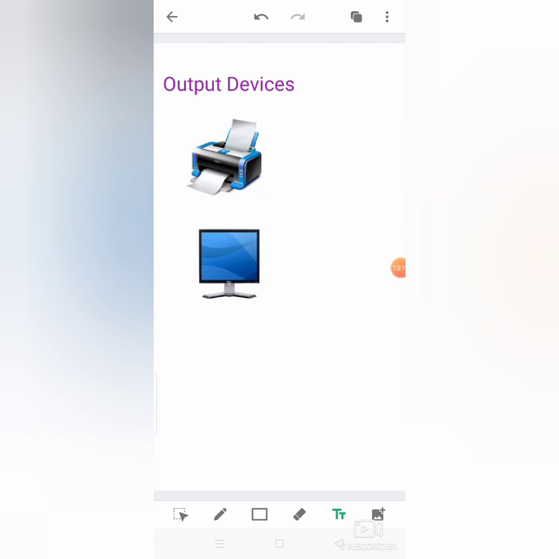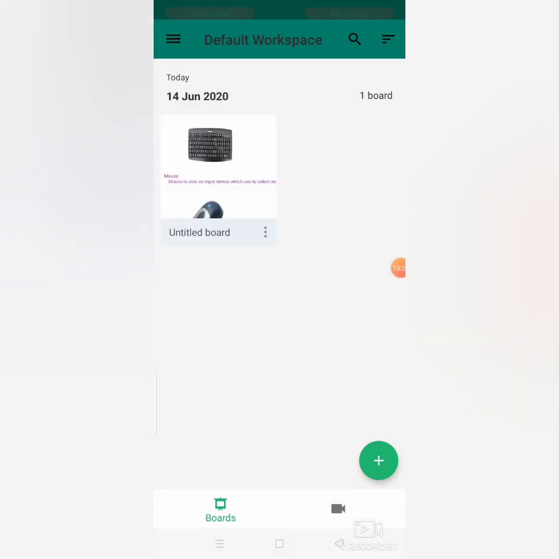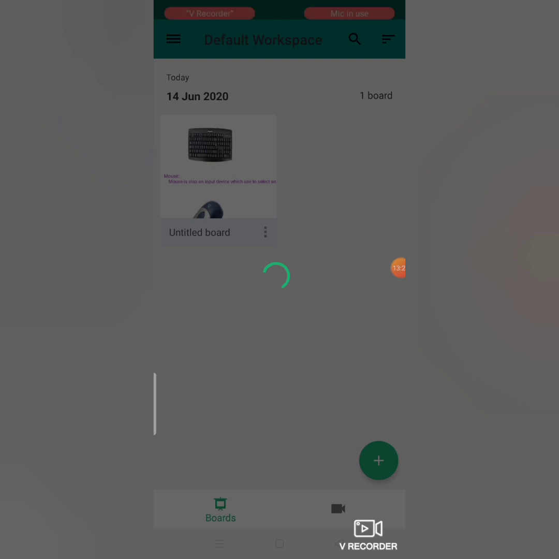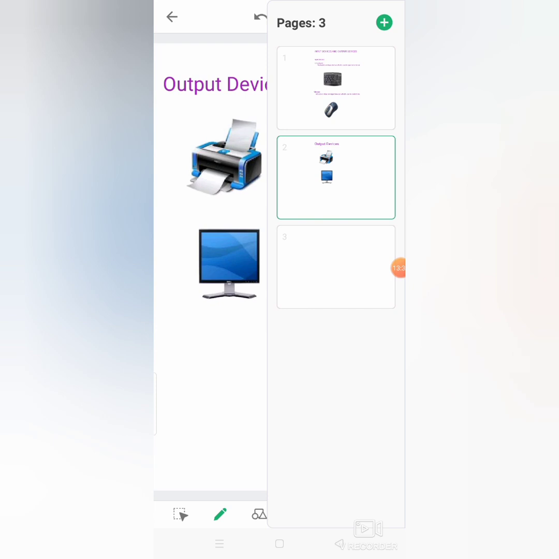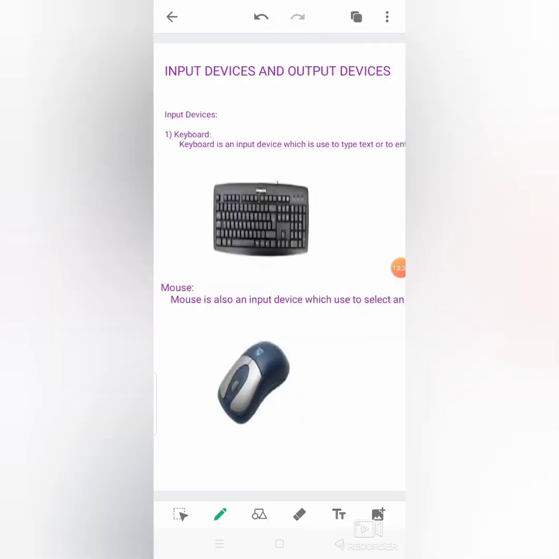So I have created this lecture. Go back directly. If you go back, it will show you that you have created your lecture. Open it, go to the pages and go to page number 1, and now start recording your lecture.